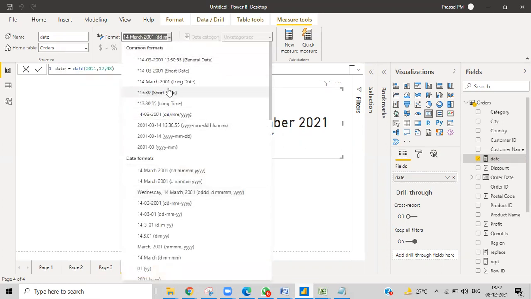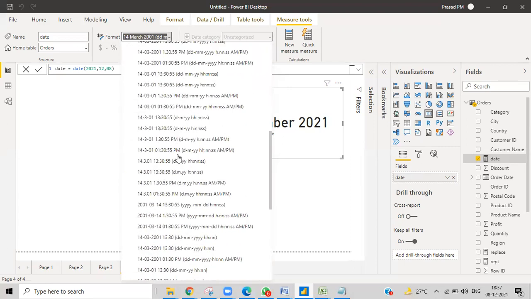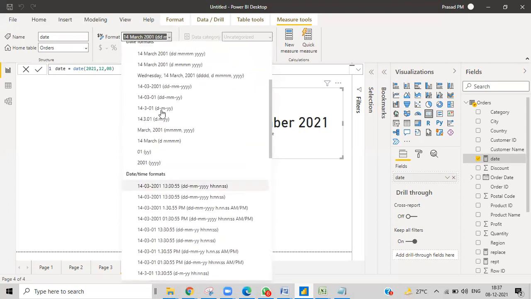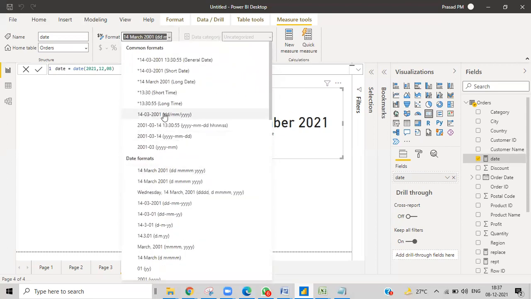If it relates to that format, all the formats related to that particular format will show. It's not like we made it in date time format and if you want to make it into a whole number, it doesn't happen. It should be in the date type only. And then we have all the other options in that particular format. Everything is in date time format. So date or date time formats.